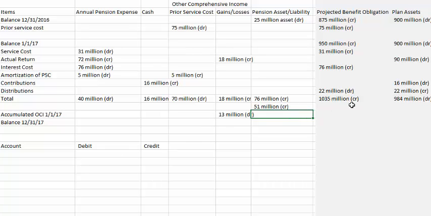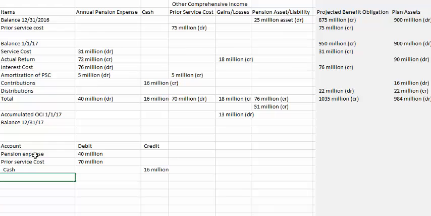So I've pretty much explained the problem here. Let me just quickly jot out the journal entry for you. So the pension expense, we're simply going to bring these amounts down. It's $40 million. We are then going to debit, I'll skip the cash, prior service costs of $70 million. Everything else is a credit. Cash, $16 million. The gain or loss to OCI,